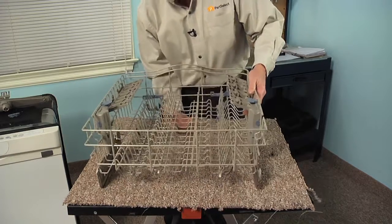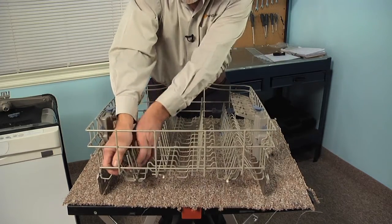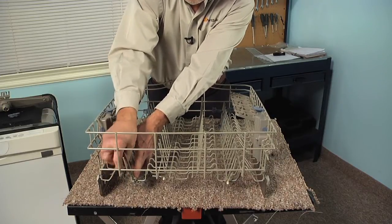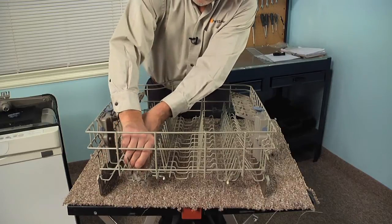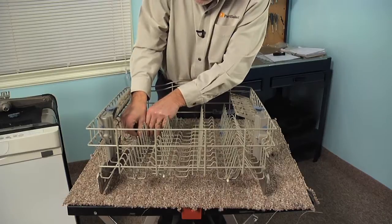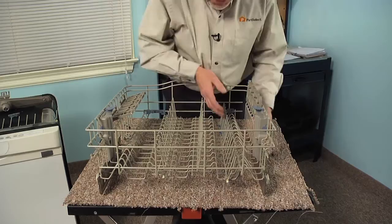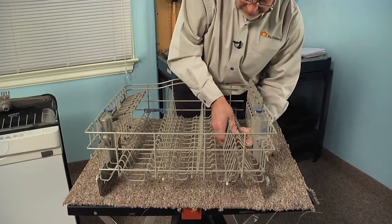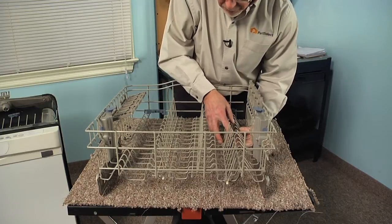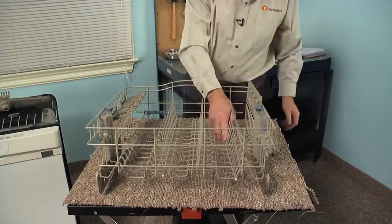We're going to remove the row tines. So simply release the little clips that secure that in place, and rotate them and completely remove them. And there'll be 3 for each of those row tines, and then set that aside. Do the same for the opposite side, and just take note of where each of those clips fits on the rack. Just make note of it so that we can put them back in the proper positions,